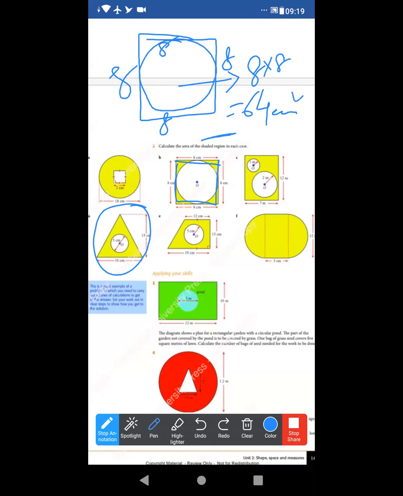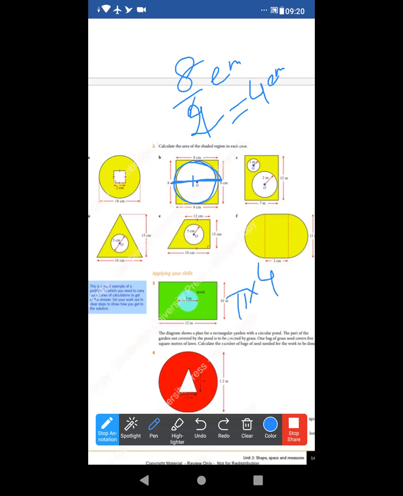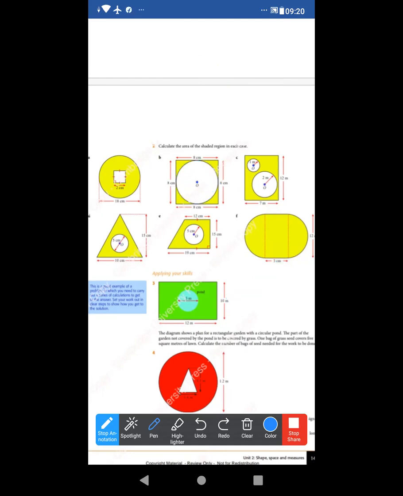Now one more thing in it. Look. What will be the diameter of the circle? As it touches the side of the square, that means diameter is also 8. Diameter 8, radius will be 4 centimeter, divided by 2. So area of the circle will be pi into 4 square, right? So after doing this, that's subtraction. 16. Now 64 minus this, the answer is 50.6.